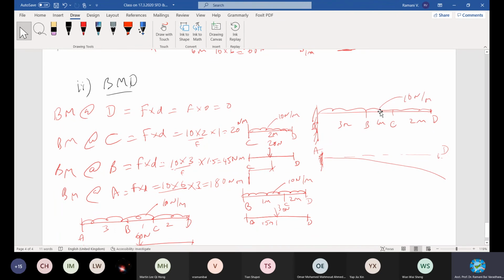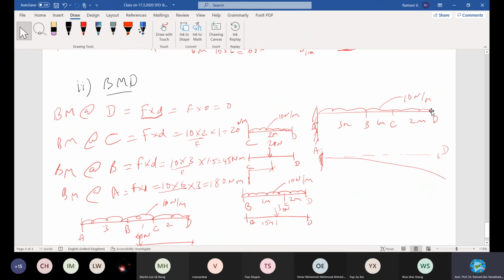It's only the point, maybe a column here, column here, column here, and a last column here. It may be a nodal point wherein you need to know the moment. That's why they have given B and C. Otherwise, it's a beam of 6 meters. Consider it to be a beam of 6 meters acted upon by a UDL. You need to consider it that way, right? Start here, D, no distance. Bending moment is always force into distance. Remember this formula, force into distance, force into the lever arm, right?